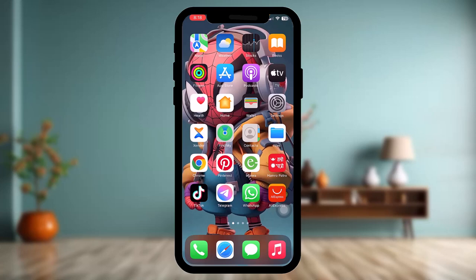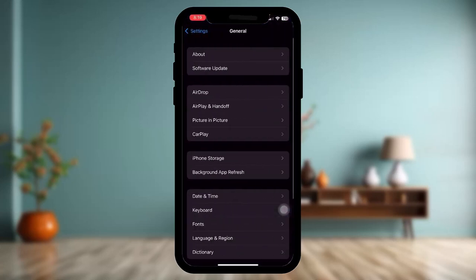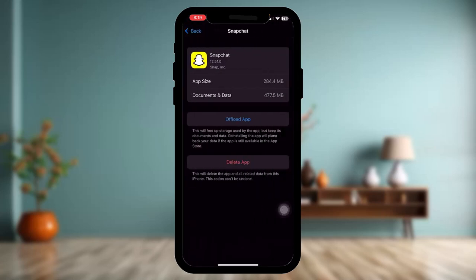First thing that you can do is just open up your settings app and then tap on general and then tap on iPhone storage, and now scroll down and then tap on Snapchat, and here tap on offload app and then tap on offload app to begin the process. And what this does is it resets the app by clearing the caches and bugs that are present in the